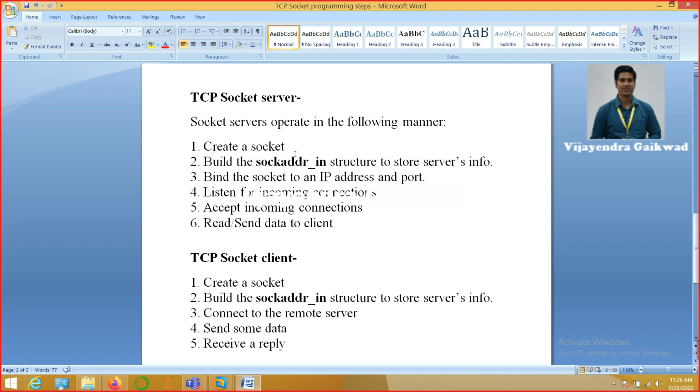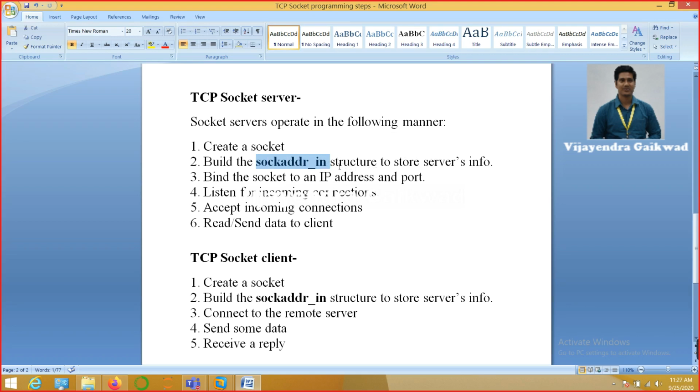Okay, so once this socket is created, we have to bind that socket with the IP and the port number. In order to do so, we have to firstly store this IP address and the port number somewhere, isn't it? So there is a structure which you can observe here, sockaddr_in, which we utilize to store the server's IP address, port number, and other information.